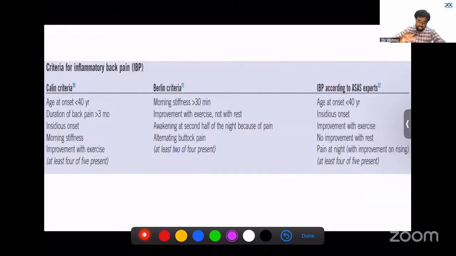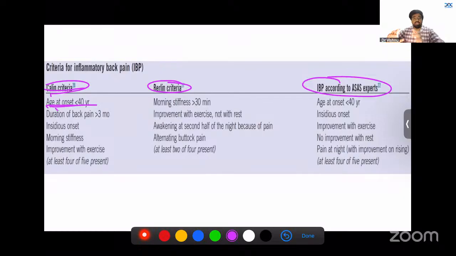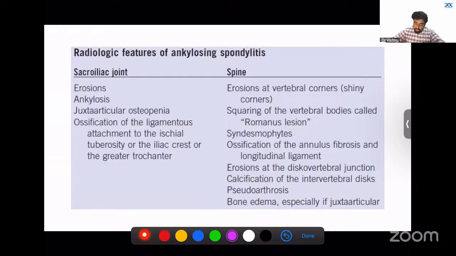So yeah, for a general medicine person there is no need to remember these criteria names, but just remember what the phenotype of inflammatory lower back pain is. It is important. Remember, young male, axial early morning stiffness more than 30 minutes. Peripheral can be more than 45 minutes. Duration of back pain should be chronic, that is more than 3 months. Insidious onset, nocturnal predominant pain, improves with activity, worsens with rest, good improvement with NSAIDs, family history, all of these are your classic signs of inflammatory lower back pain.